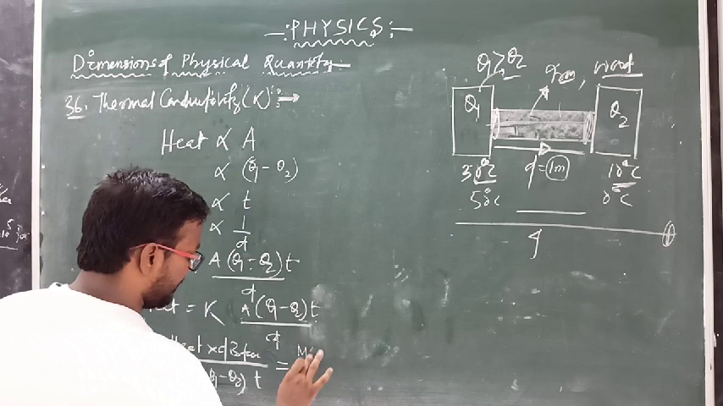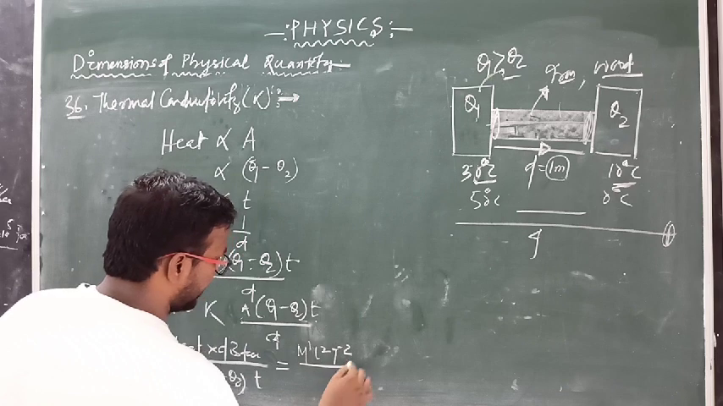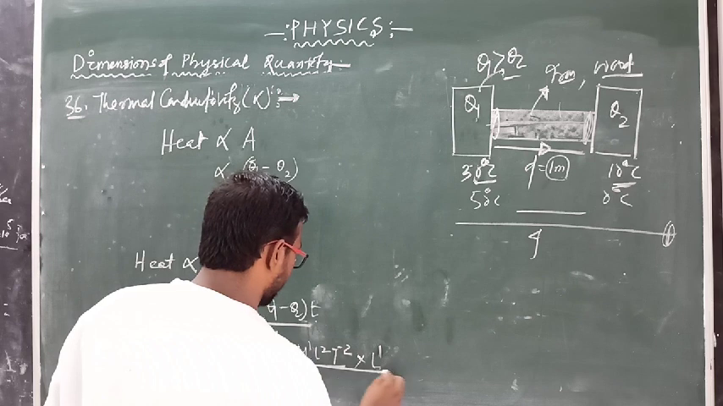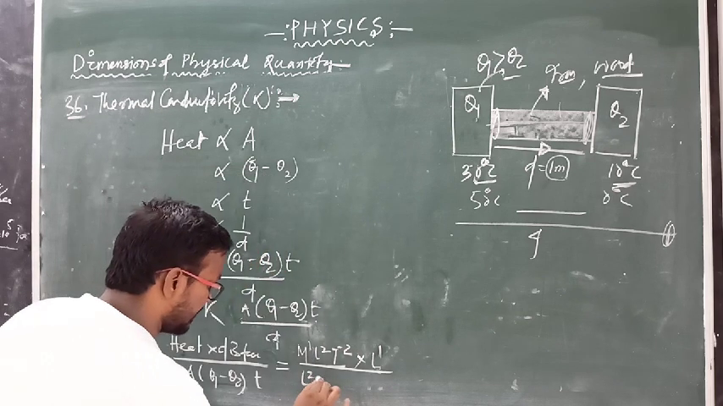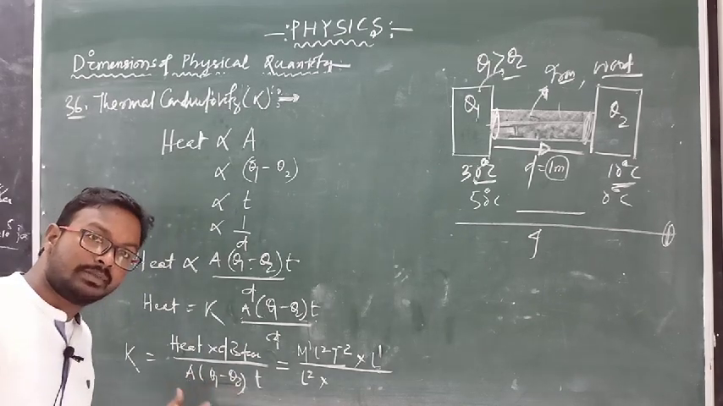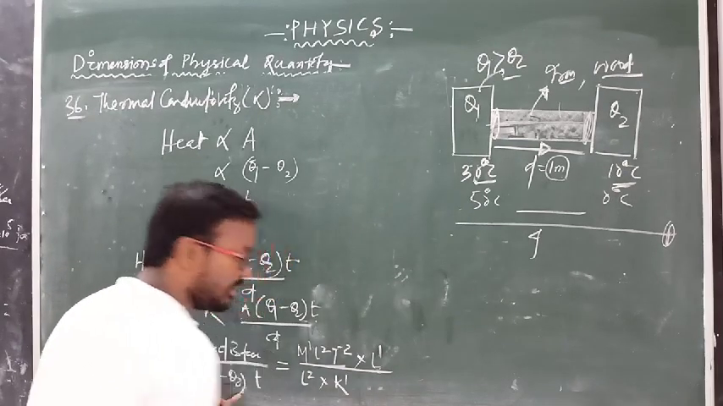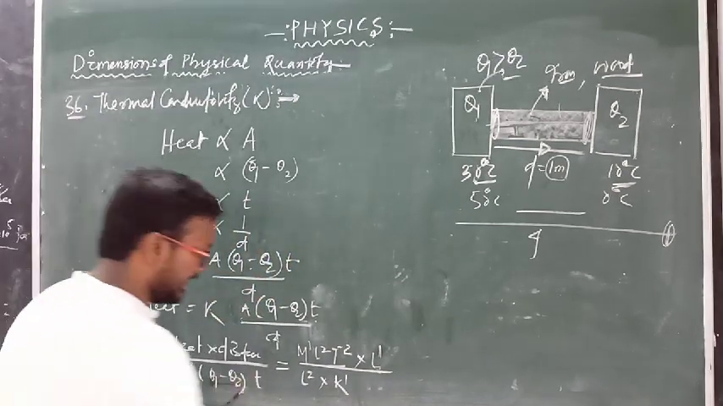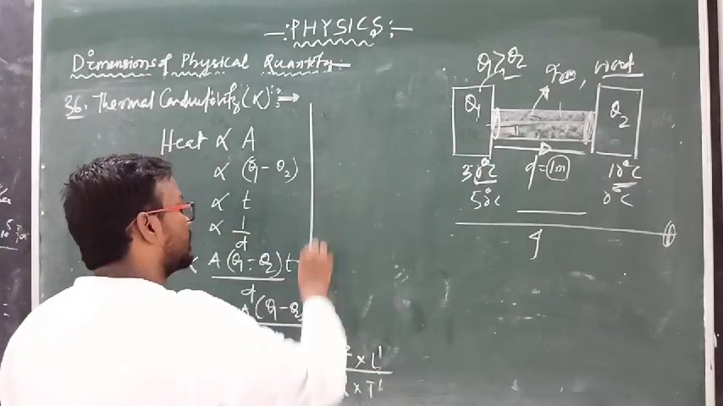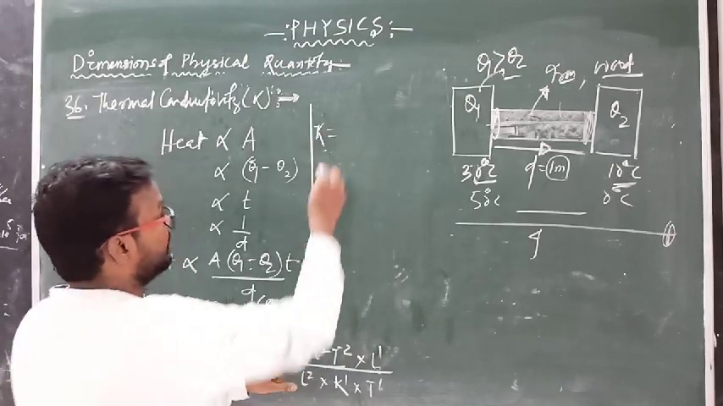Dimensional formula of heat: M1 L2 T minus 2, divided by, here distance, so you can write L1, divided by area, dimension L2, into theta 1 minus theta 2. The dimension of temperature is K1. Next, time dimension is T1. Clear? If you solve this relation, then we get the dimension of K, which is equal to here M1